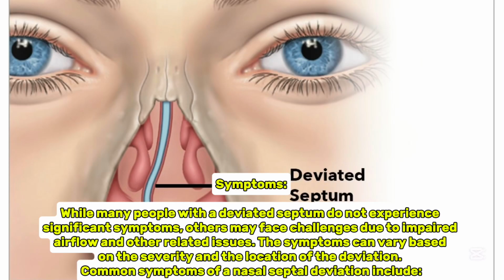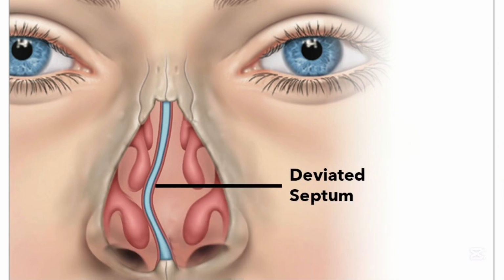Symptoms. While many people with a deviated septum do not experience significant symptoms, others may face challenges due to impaired airflow and other related issues. The symptoms can vary based on the severity and the location of the deviation. Common symptoms of a nasal septal deviation include: